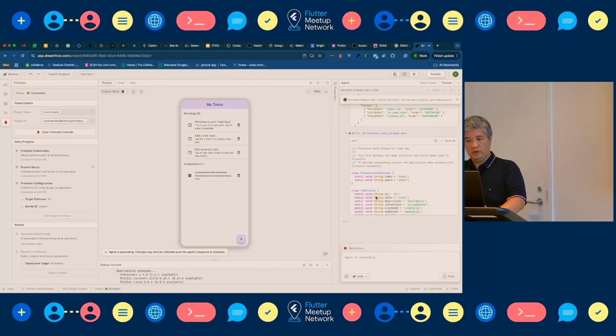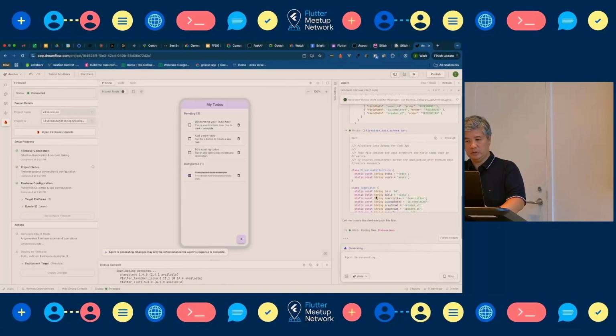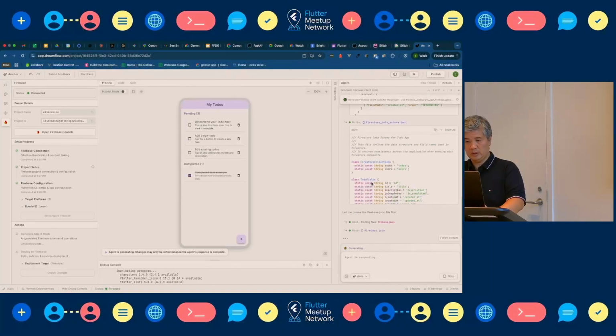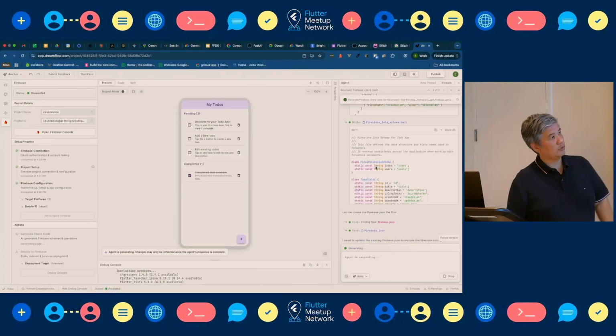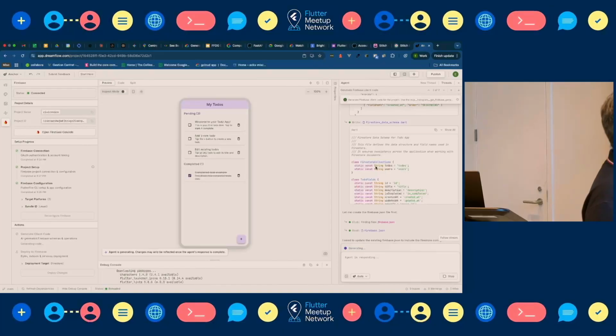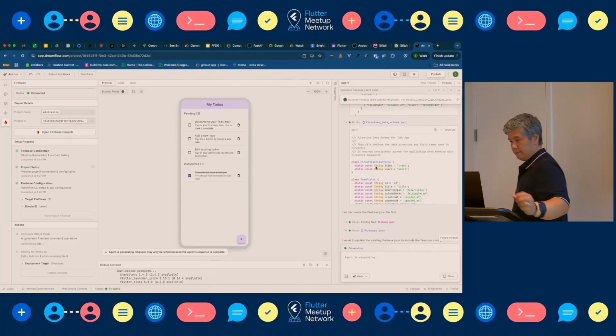You can still follow on the side what it's doing. As you can see now, it's going to create a class to store the to-dos that I want to use, and the collection for Firebase.